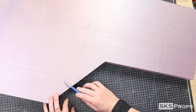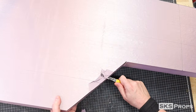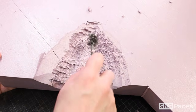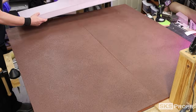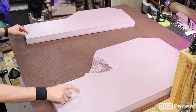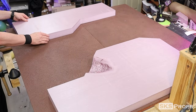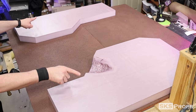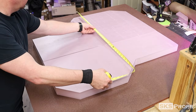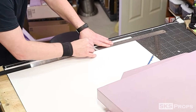For my no man's land, on one side I want to remove enough foam that my characters can run uphill. Now I've designed these sections so they can be split up and face each other on each side of the battlefield. But if the scenario calls for it, they can be placed together in the middle of the battlefield for a true no man's land. To protect the back edge of each piece and so that they fit flush together, I'm